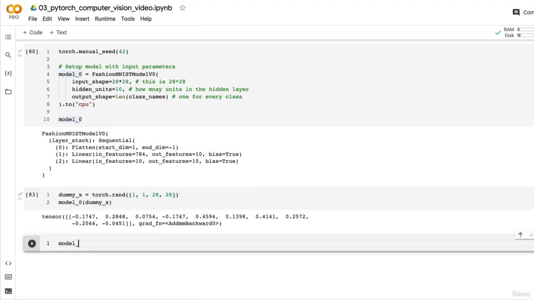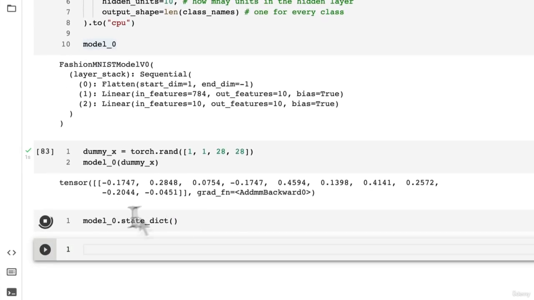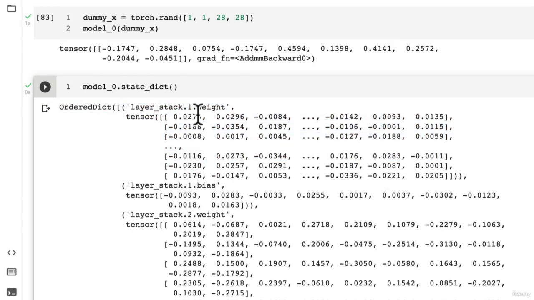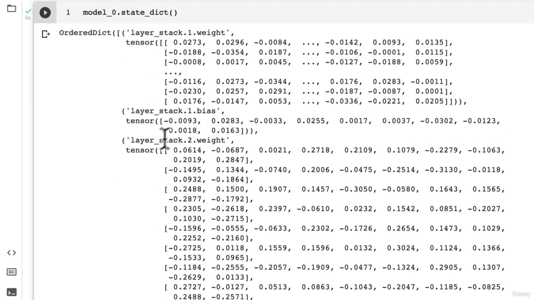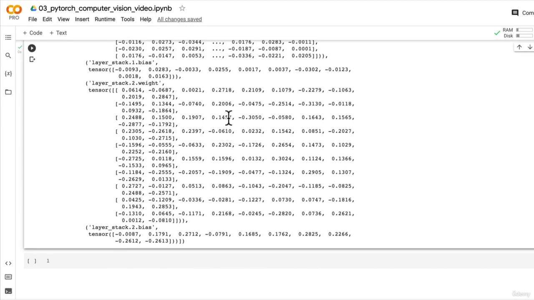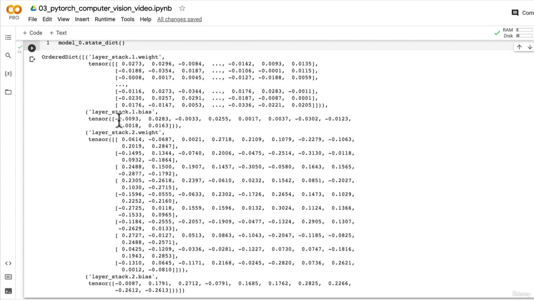And just to rehash what is inside our model, if we check Model 0 state dict, what we see here is that our first layer has a weight tensor. It also has a bias, and our next layer has a weight tensor, and it also has a bias. So these are of course initialized with random values, but the whole premise of deep learning and machine learning is to pass data through our model and use our optimizer to update these random values to better represent the features